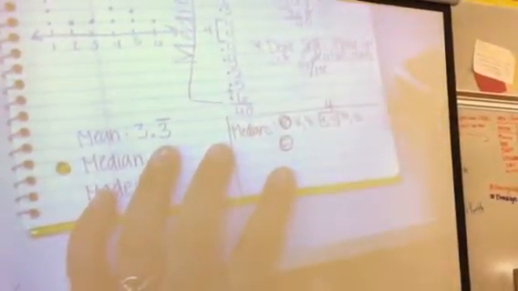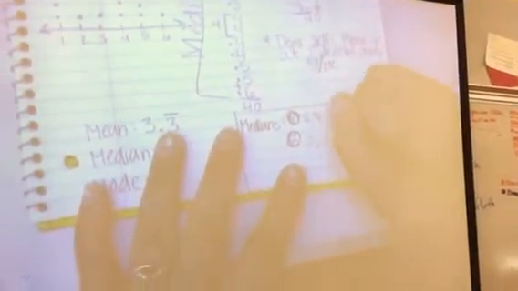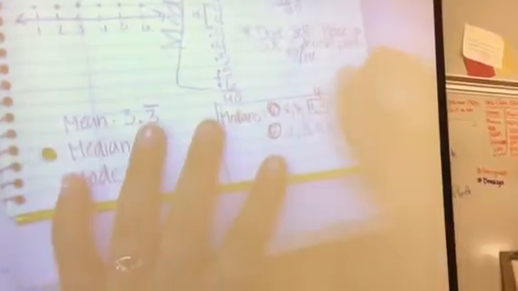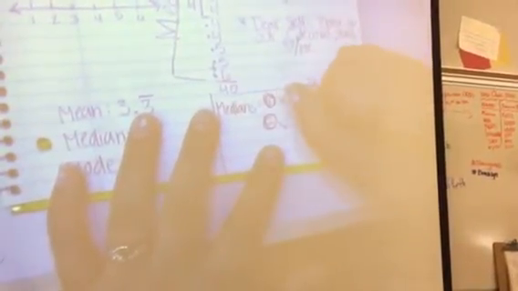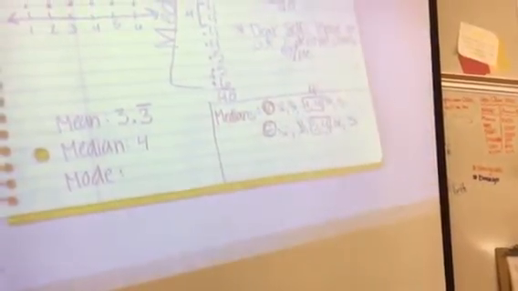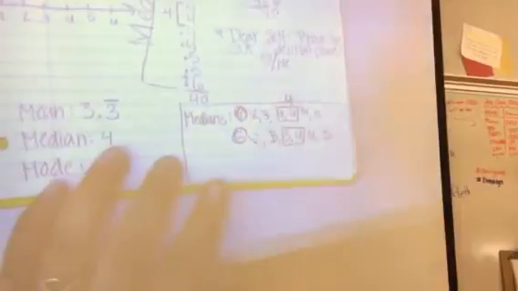Here's my second example. Then there will be a time when you have numbers like 2, 3, 3, 4, 4, and 5, and you cross them off. And then, oh no, look, you have a 3 and a 4. What number is between 3 and 4? 3.5. Yep, 3.5. So you're going to take the number that lies in the middle.